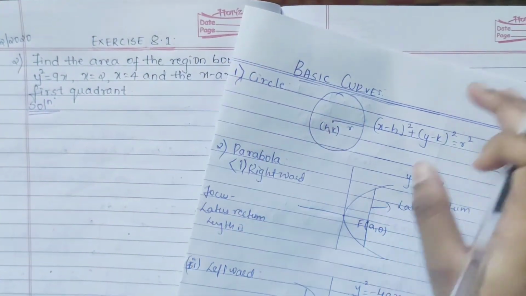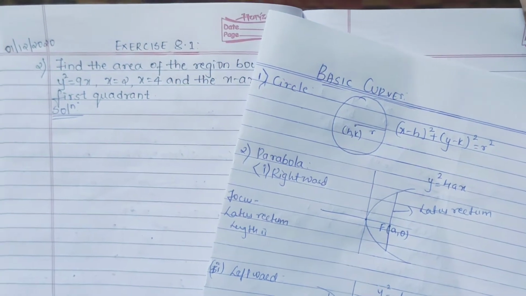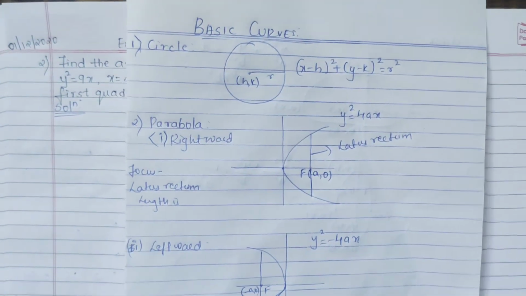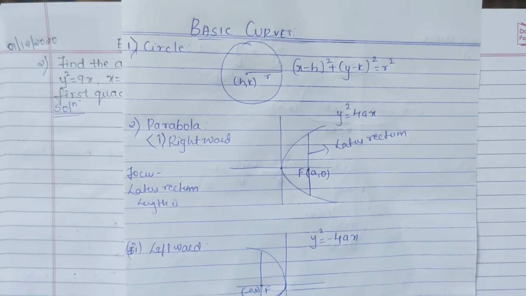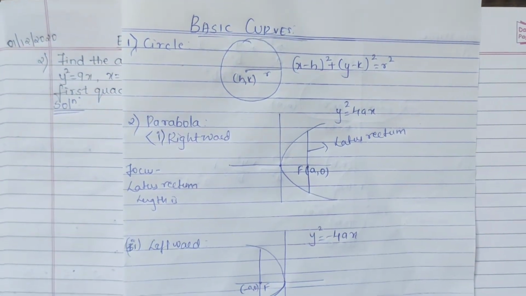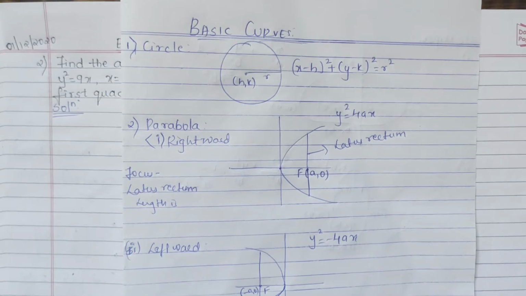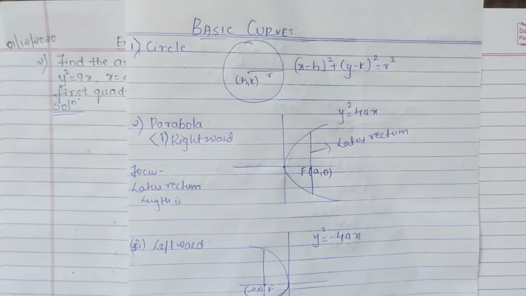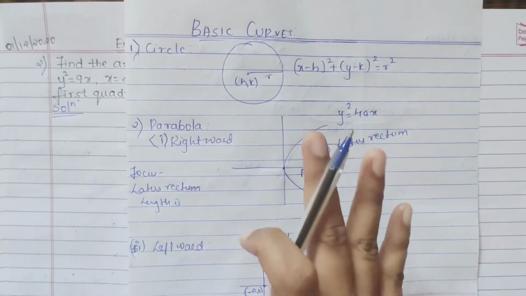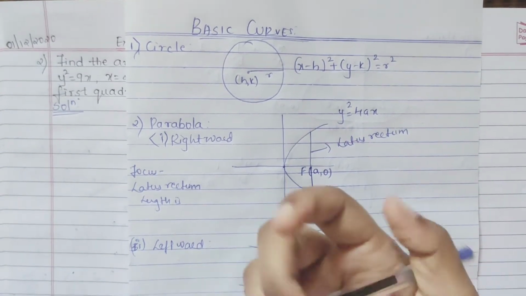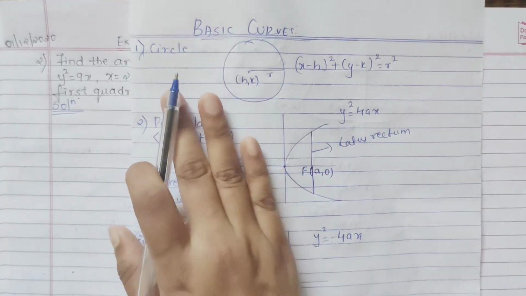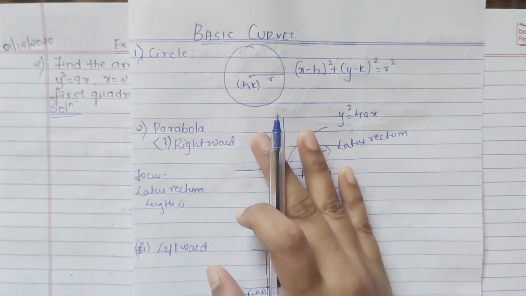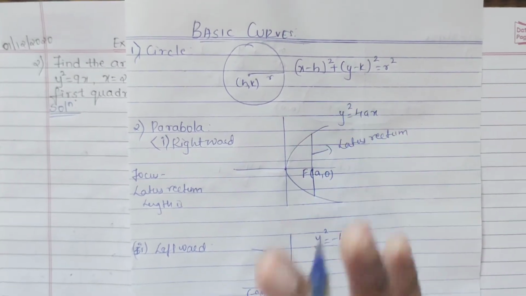So before heading to this, I'll just give you some basic curves which are used in this exercise part, as you have not gone through the conic section, because for the time being, for this academic session, they have removed that syllabus part, right? So I'll just give you what all is used in this exercise, so that when you see the question you understand, are they asking for circle, are they asking for parabola, or are they asking for ellipse. Okay, so I'm giving all this.